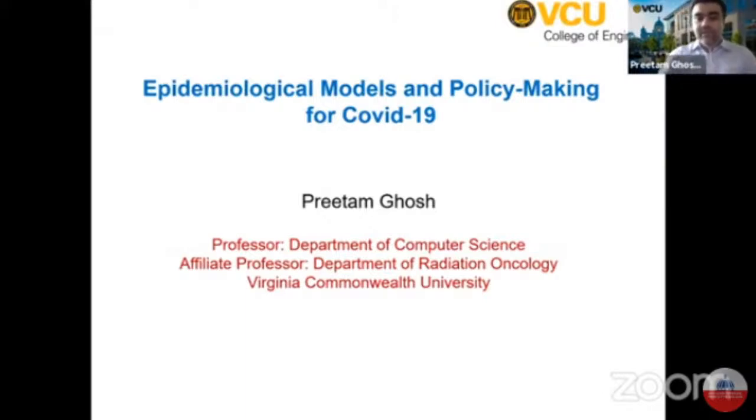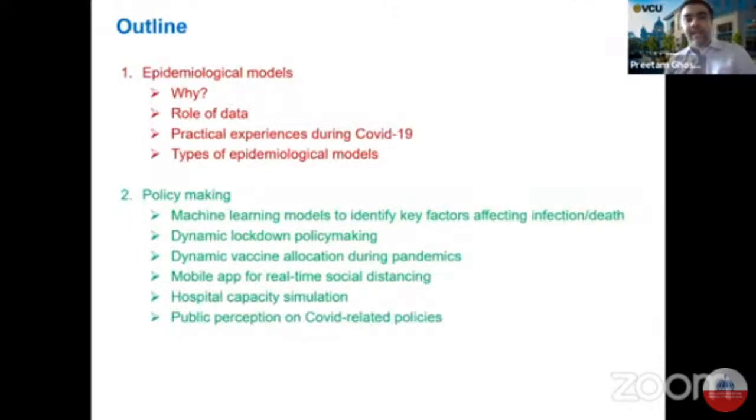So in the course of this talk, the outline that I have, so the red part and the green part. The first part, we will go very high level in terms of what types of models are out there, what is the role of getting a good data set to train your models to be able to make worthwhile predictions. But then very importantly, we will talk briefly about some practical experiences that we have had during this modeling journey,